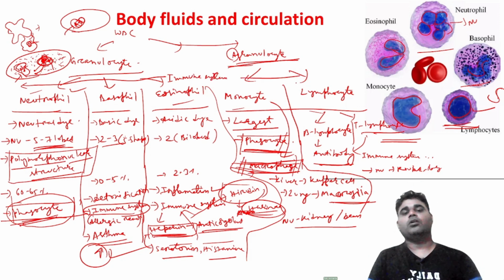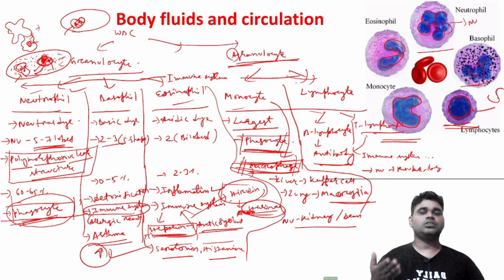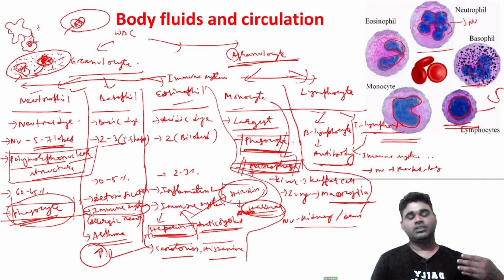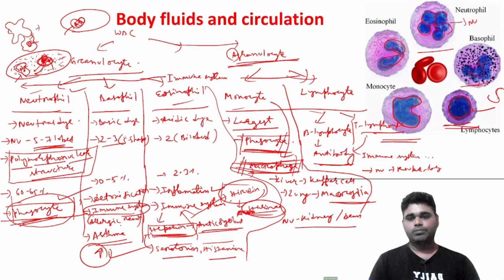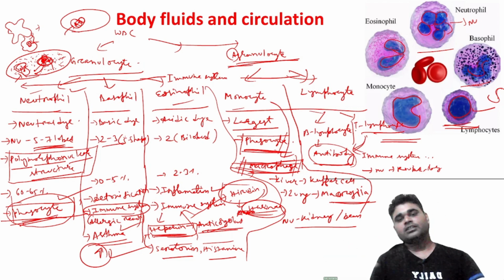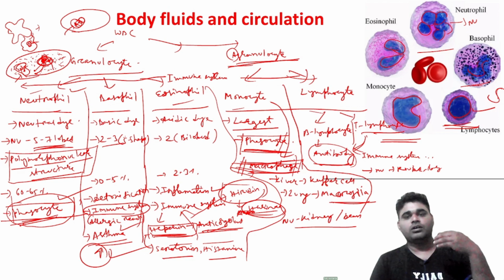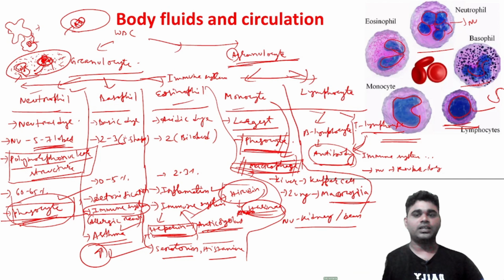So that's why the function of the WBC is mostly the immune system. That means to fight against pathogens. There are different types of processes. One can fight by phagocytosis, one can fight by forming the allergy, one can fight by the immune system, one can fight by forming the antibody, one can fight by helping the antibody. So there are different ways to counter the pathogens, but they all include the immune system. That's why the function of the WBC is the immune system, the defense system, to counter the pathogens,